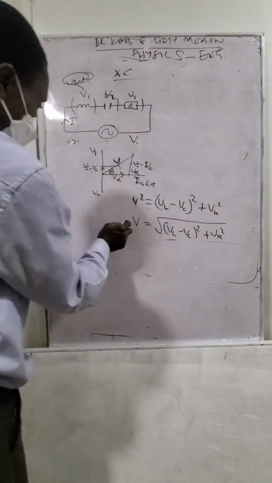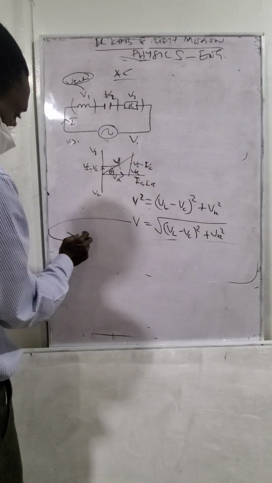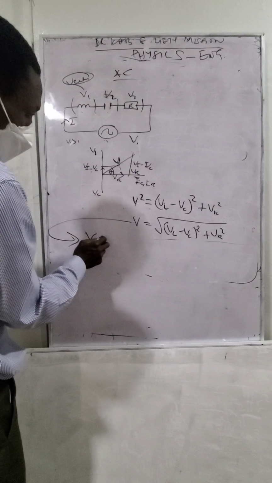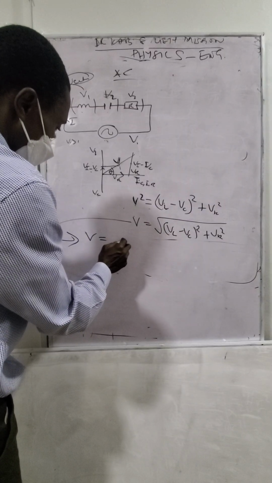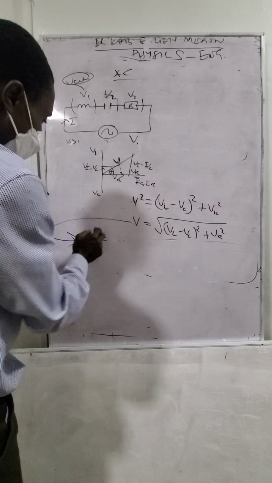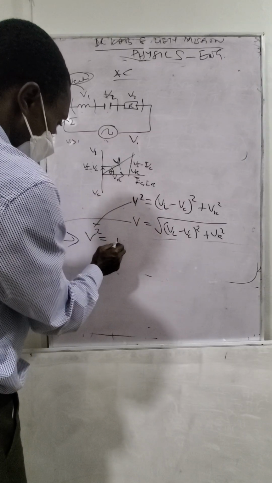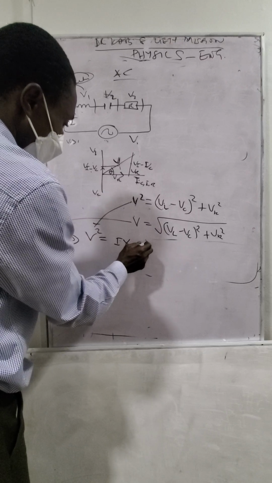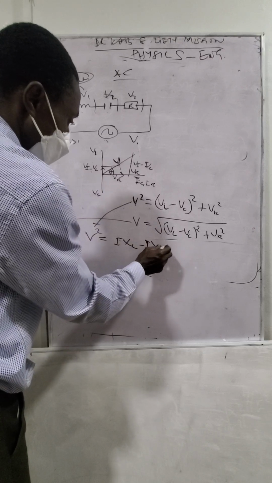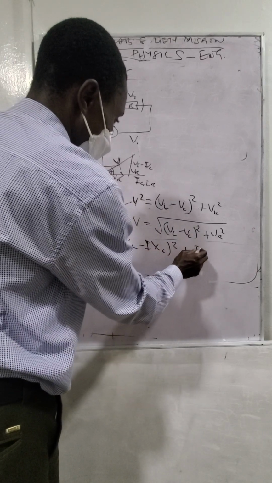From here we are going to have V squared, the same thing, and this is going to give us (I X_L minus I X_C) squared plus I squared